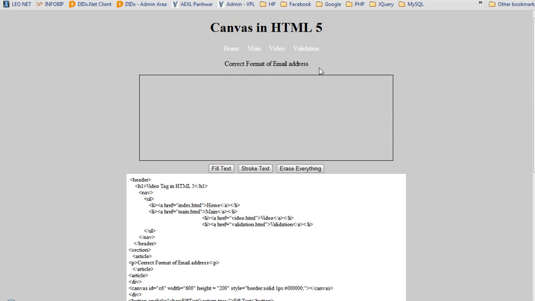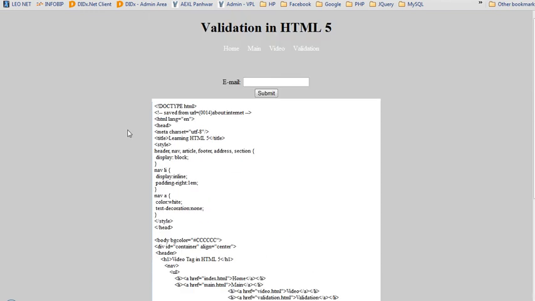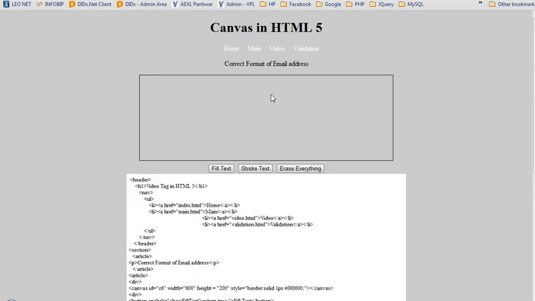This is just by mentioning in an input tag just a simple type email, and it will work for you. You don't have to define a complete validation expression to check whether the format is correct. Just by defining its type, it will show you either you have written a correct format or not.